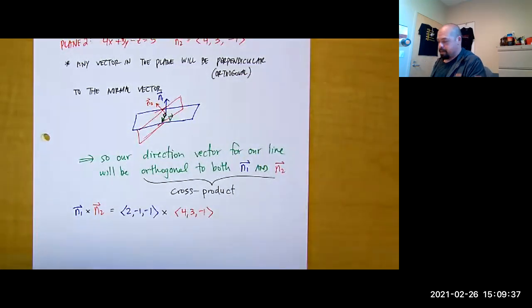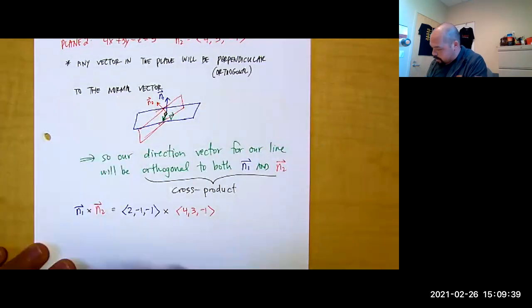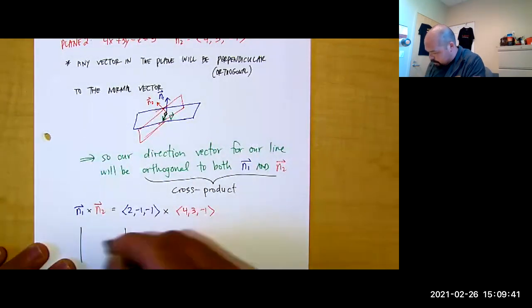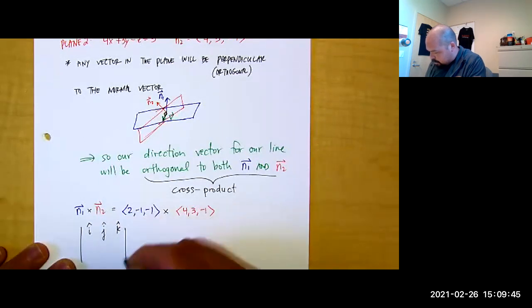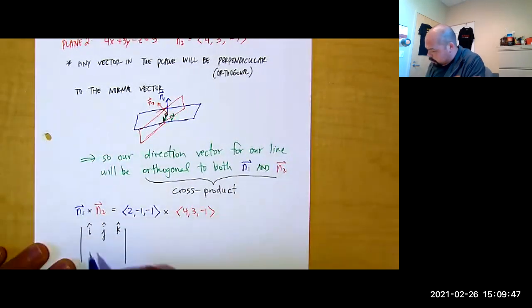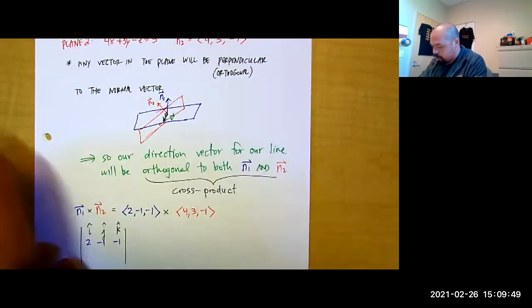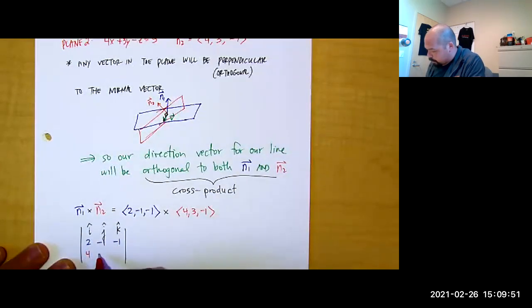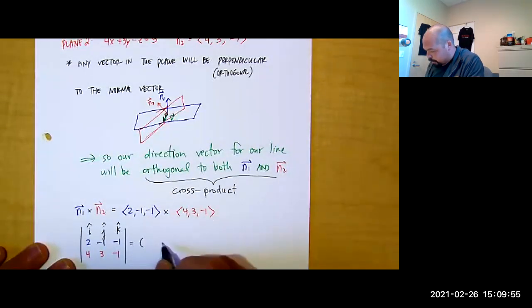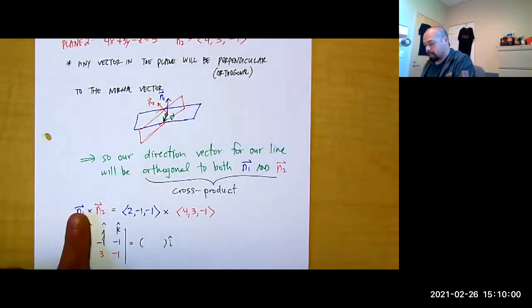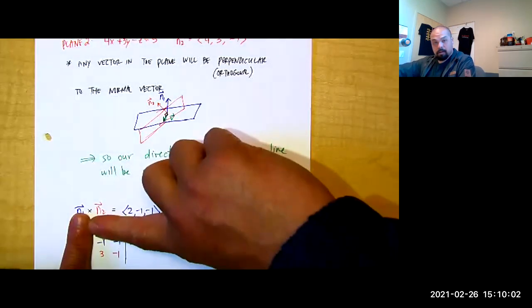Okay. Doing that cross product, when you start to see that expansion, that 3 by 3 determinant,